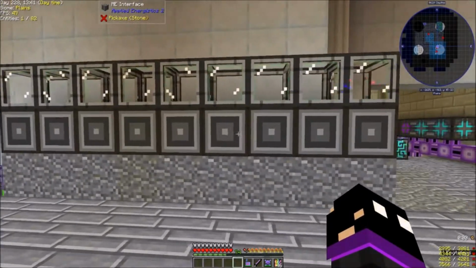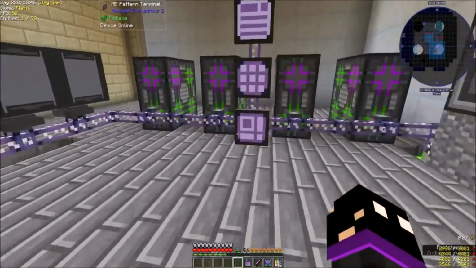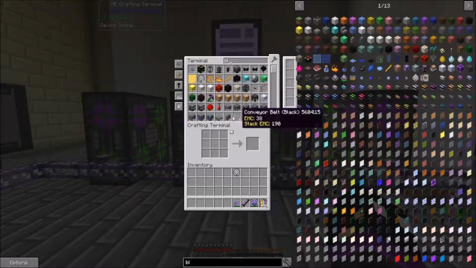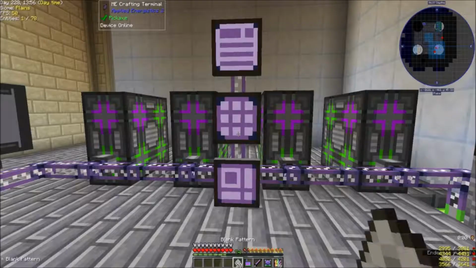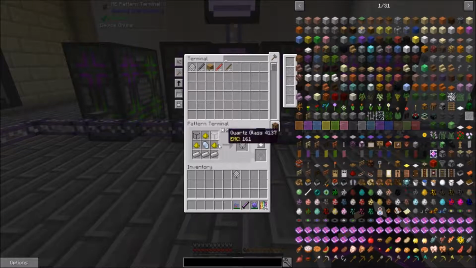Can we see them? And there we go, we can see they're all being made in there, but I think they're already done. Blank pattern. So there we go, there's our 20 blank patterns. We're going to take those for the moment and put them in here, and then we can